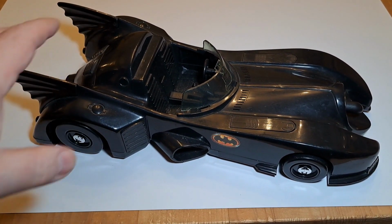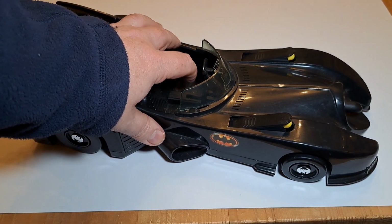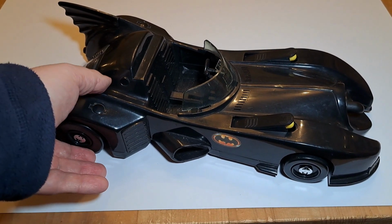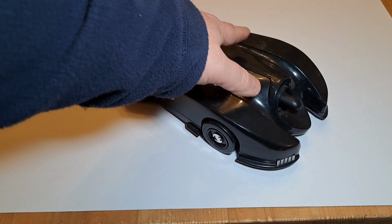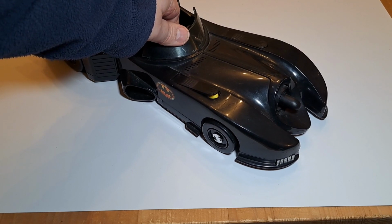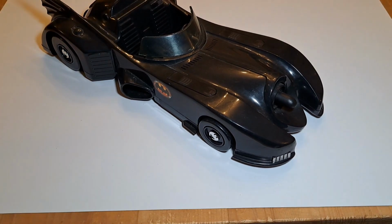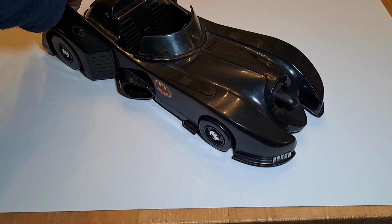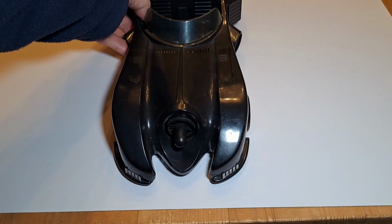It also does this, and I think I remember how to do this. So you pop the gear lever up, and that then pops up these panels behind which lurk missiles. So if I do that again and I keep going, you'll see that both of those missile launchers work just fine. So not the Gatling guns that the movie version of it had, of course, but nevertheless,